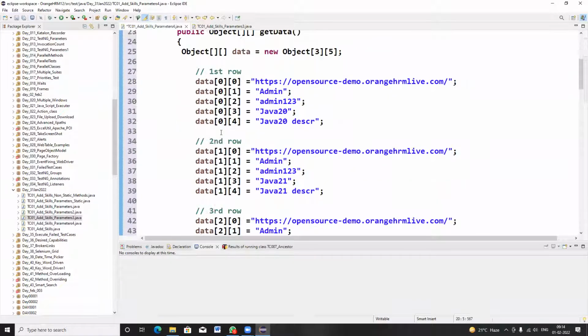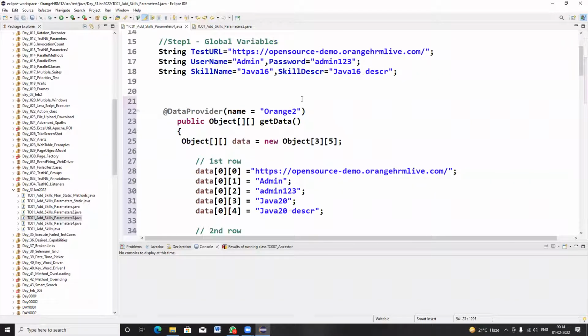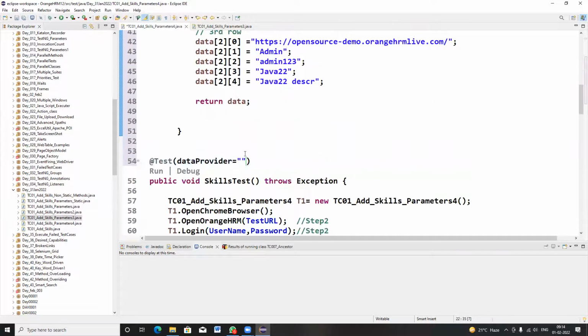Step 1 is completed. And step 2, what do I need to do? Connect the test with the data provider. So I have to write dataProvider equals to name. What is the data provider name? Orange2. Whatever name I have given, I have to give this name. So the test will be connected with the data provider.